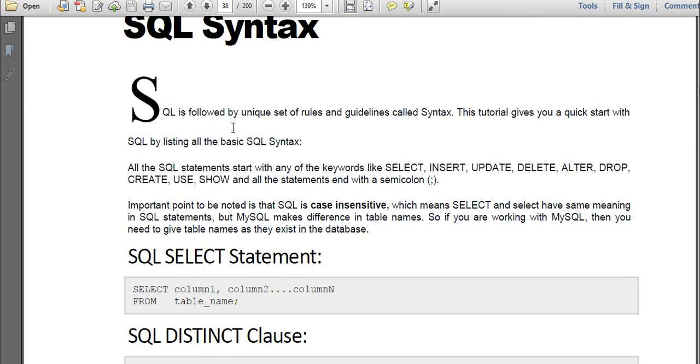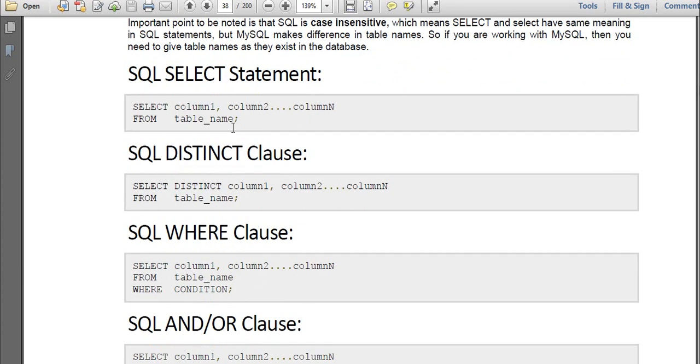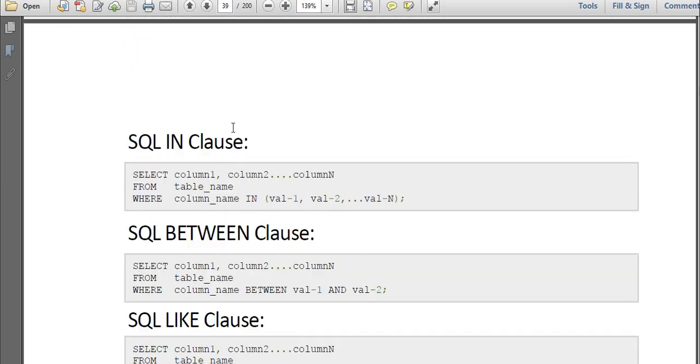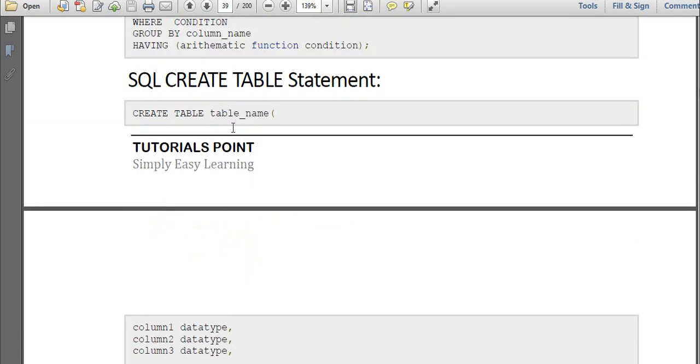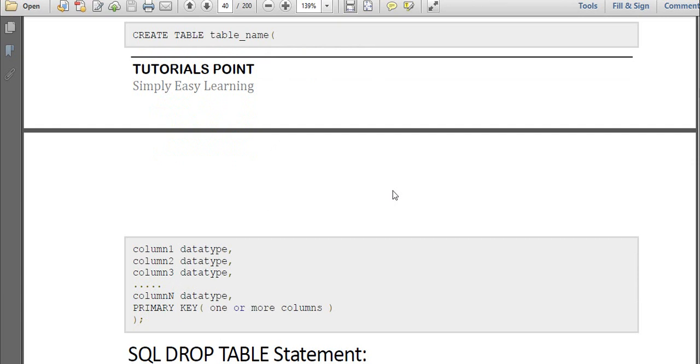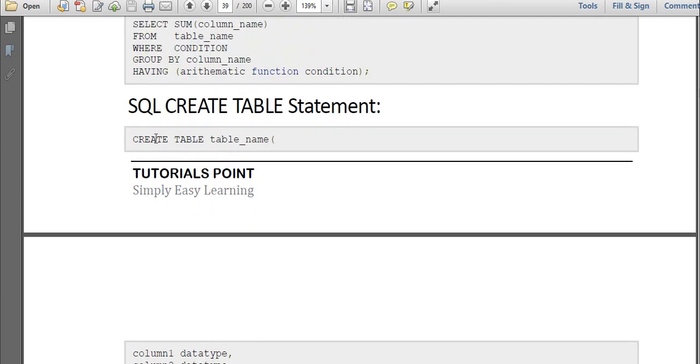So first we will see create table syntax. Create table name, open the bracket, and then column 1 name and data type, column 2 name and data type, column 3 name and data type. So you have to decide what columns you want in the table, and you have to write create table name. Every SQL query will start with